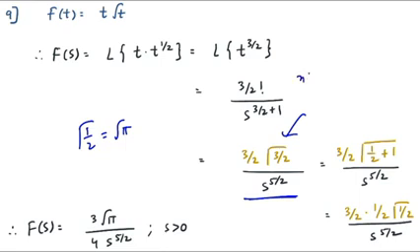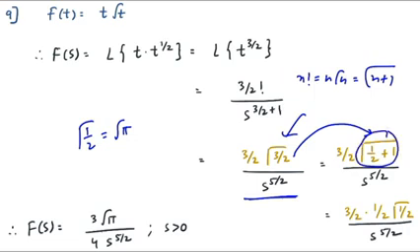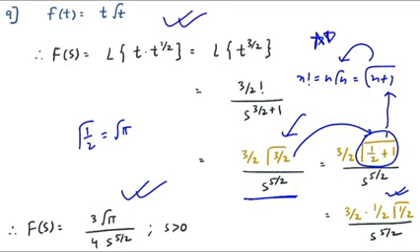What I have told you, you know that n factorial is n gamma n, but this is also equal to gamma n plus 1. So now you can say that 3 by 2 can be written as 1 by 2 plus 1. Why I am doing that? Because now I can say that this is nothing but gamma of n plus 1, which can be written as n gamma n, which means it can be written as half gamma half. And you know that gamma half is root pi. So you will get the final answer, which is 3 root pi upon 4 into s raised to 5 by 2, where s is greater than 0. So this is a very important relationship, and I hope you find this question very interesting, because it was not a cakewalk. You have to do some manipulations, right?